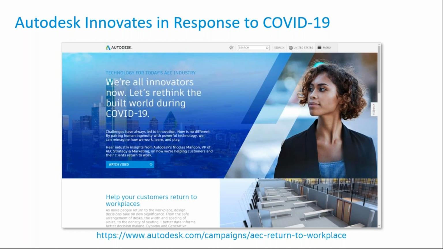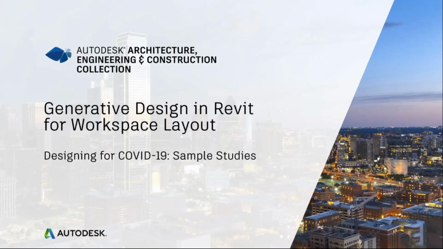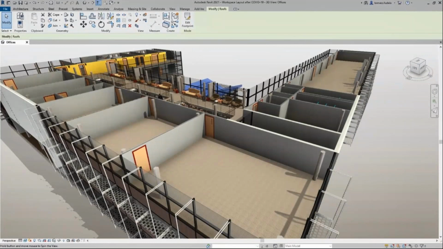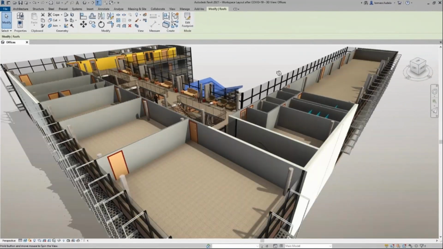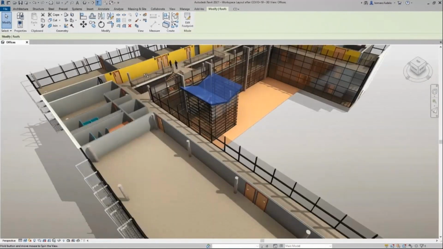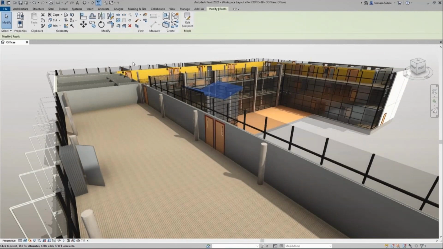So I just wanted to start off by sharing some of the applications we have which can help you with planning those sorts of scenarios. The first thing, which is again a new capability that I'll be talking about later, which has been added in Revit 2021, is generative design. Now I'll just talk about generative design very quickly.